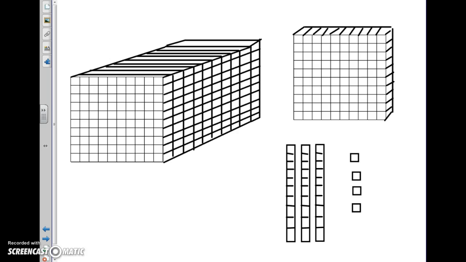We're going to write that as, okay, so remember we have one whole, so that comes immediately to the left of the decimal point. And then this guy represents the tenths, which is immediately to the right of the decimal point. So we have one of those. And then the hundredths place is after that. Remember these rods here represent hundredths, so we have 3 of those. And then the itty bitties represent the thousandths, which is the third place after the decimal point. That's the thousandths, and we have 4 of those. So what this collection represents is